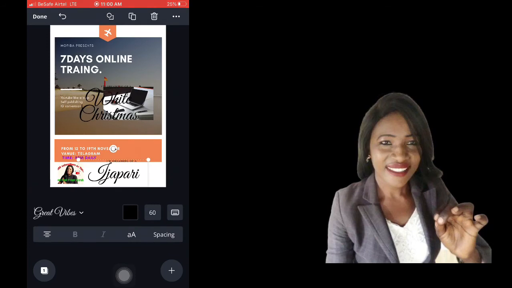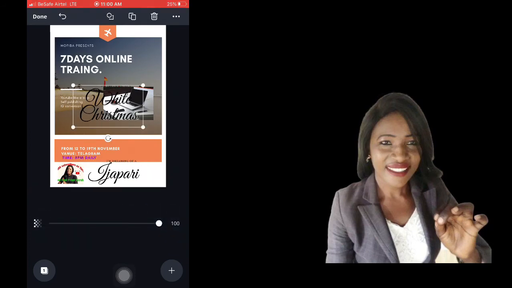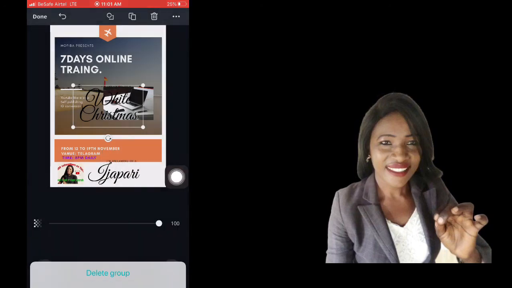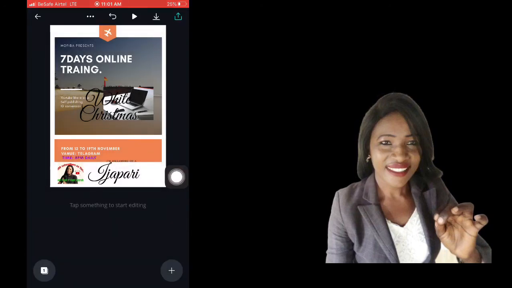Gang as the trainer. All right, so I always like copying what I'm doing. I want to delete this one, so I tap on this delete button, and it will ask you, is it the group or the elements? It's the group because it's not only one message. As you can see, there's another one up there, so I'll click on group. All right, so as you can see here it is.